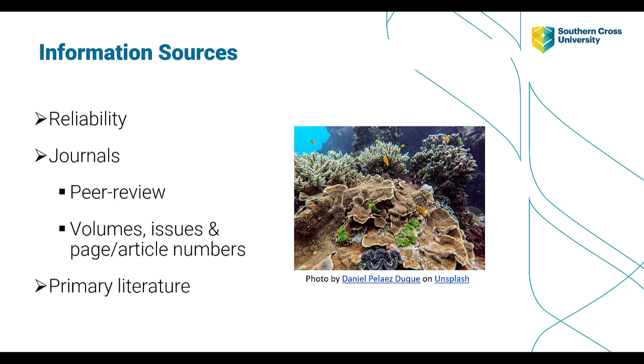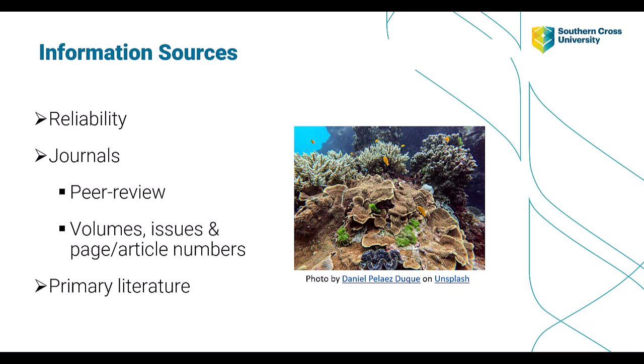Journals vary in the quality of research they publish. Reputable journals use a process known as peer review, which means articles in that journal are reviewed by a panel of academic experts prior to being published. This means that studies that have major flaws or use questionable science will be rejected by reputable journals. This rigorous process of peer review is the main reason that your primary source of literature for your assignment should